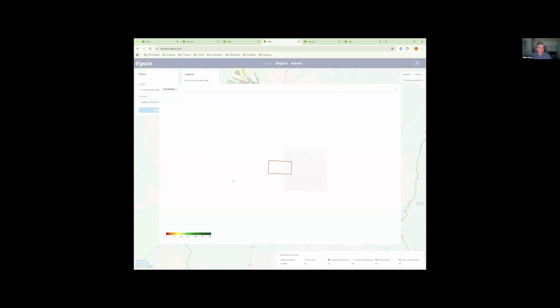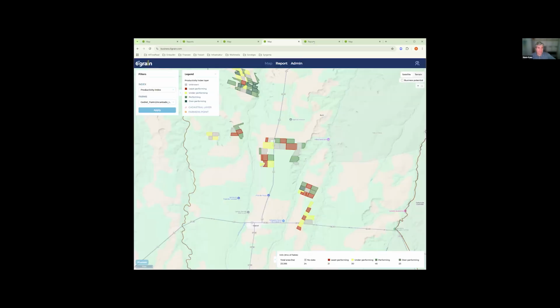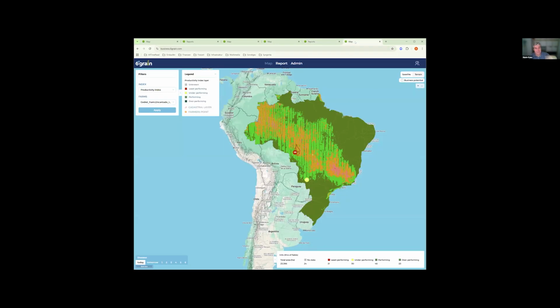And then here, if it's eventually loading, yes, you see for this given seasonality the current NDVI picture. That would give you a little bit more insight if you're interested in, say, this upper right corner, where we have an issue, for example. So when you want to prepare a visit. This is also available in a report here by client in this province, and you see over and underperforming.